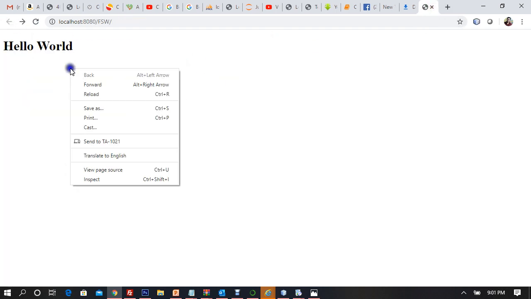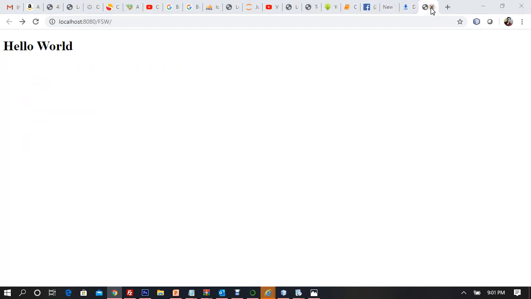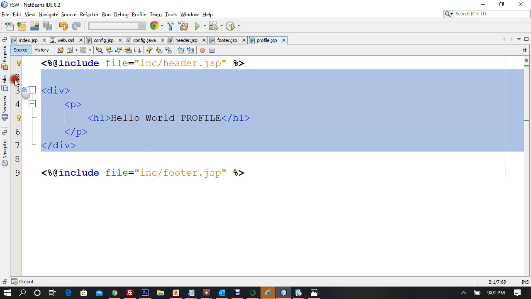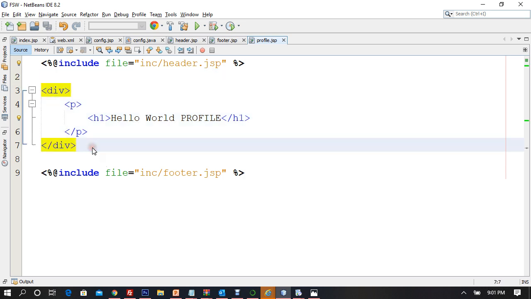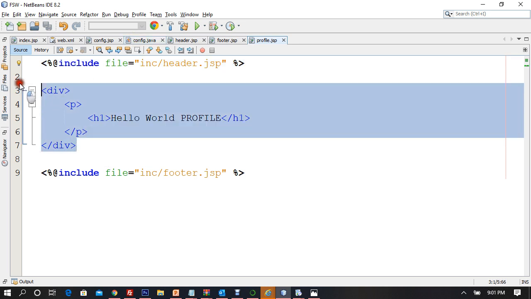And once I view the source, a complete page is given, but at the back end, inside the code, we are reusing header, which is reusing config, and this is the only section which belongs to the page itself, right? And this is very good,